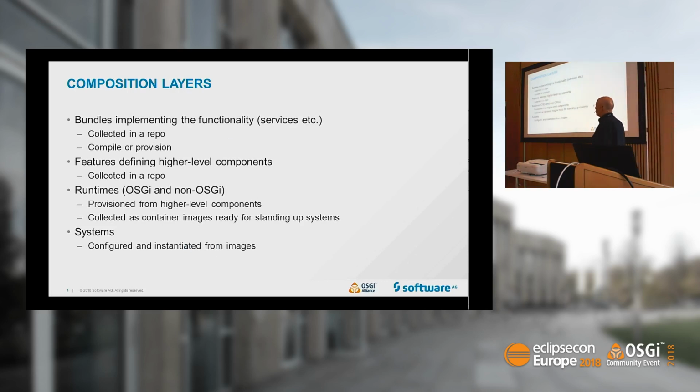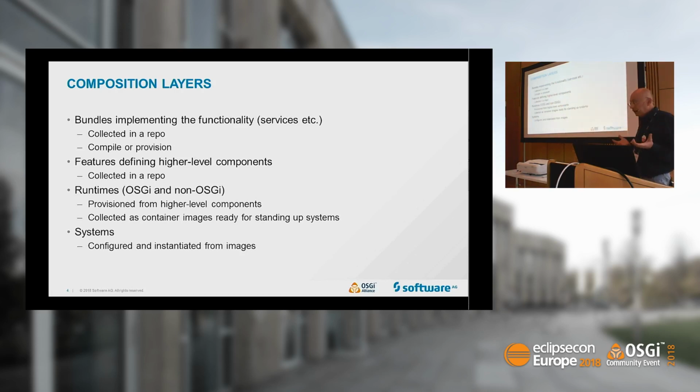And to sort of pick up on a topic that was mentioned in the talk before by David, we think the composition layers to use are important. So the lowest or the most basic layer is where you write most of your code, which are the bundles in our case, or modules in a more general term. So you implement them in the usual way. In OSGi, mostly, hopefully, just using declarative services, for example. You'll collect them in a repo. This could be local, this could be remote, but you can use them to provision. We collect then the bundles into larger components using features.